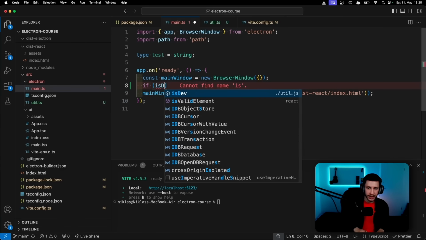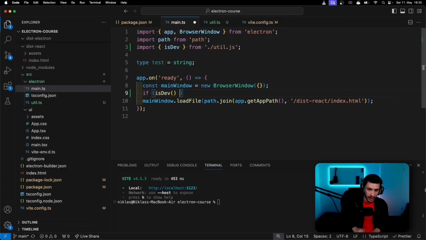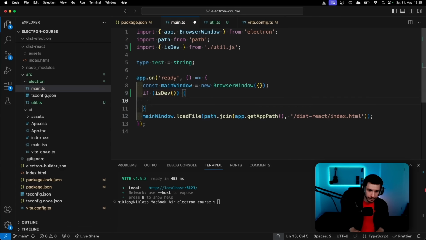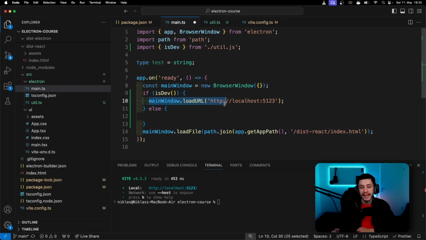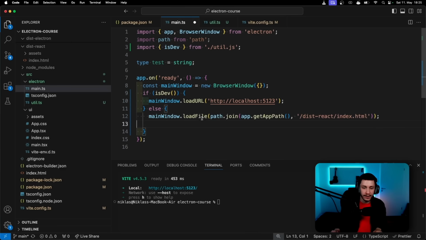So now let's just try to use our changes right here. So if isDev, then do the following. Else, use the stuff we did before. So if we're in dev mode, then we want mainWindow.loadURL. And this is basically the URL with the port we defined for Vite. So basically on a local machine, use the Vite port and give me whatever it outputs. And then if we're not in dev, then we of course want to build with our production files. So